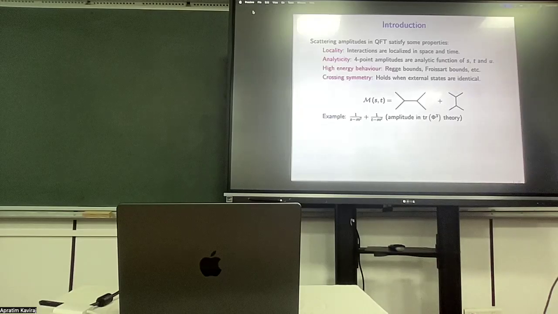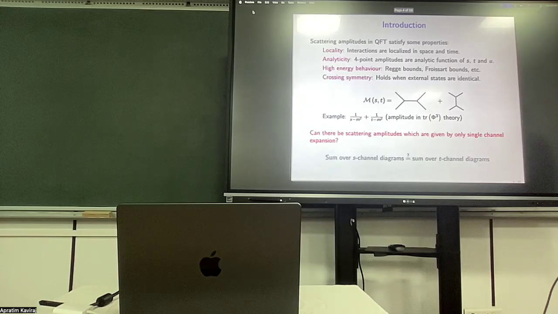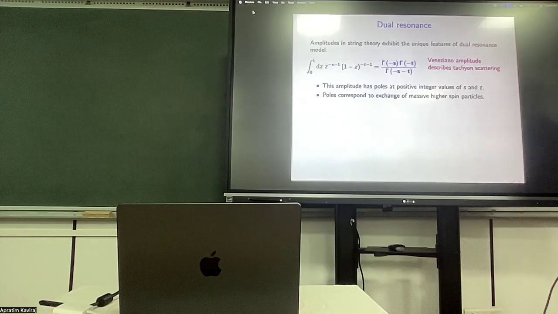Now we ask the following question: can we have an amplitude which satisfies all the above properties, is crossing symmetric, and can be expressed only in terms of single channel diagrams? Or in other words, can we have an amplitude which satisfies the property that the sum over S channel diagrams is equal to the sum over T channel diagrams, and individually they are equal to the full amplitude? And in quantum field theory, just as we saw from these examples, it is difficult to have such amplitudes. Now there are amplitudes in string theory,